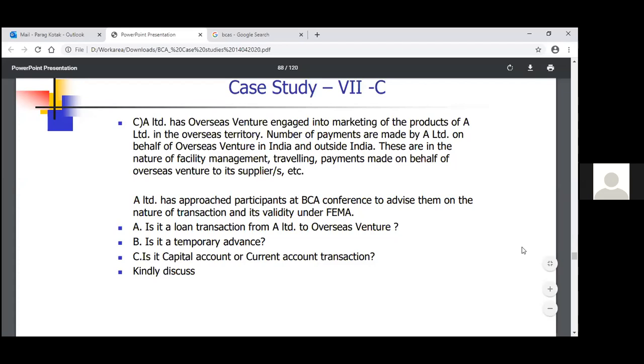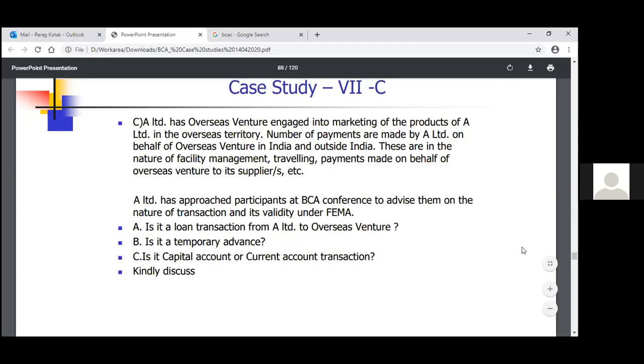But what happens? Certain expenses are done by the Indian company on behalf of the foreign company overseas, let's say traveling expenses, the normal facility management expenses in India, which are in the temporary nature. So the question is whether while making such payment, you are required to file Form ODI or not, and whether it is a capital account transaction or a current account transaction. Kindly discuss. To my mind, if these expenses are made and if they are settled within 12 months from